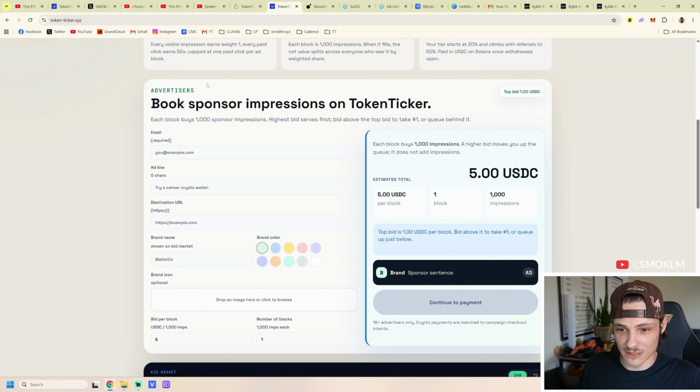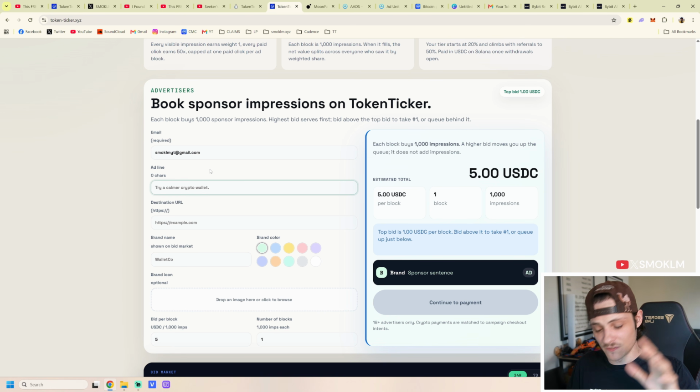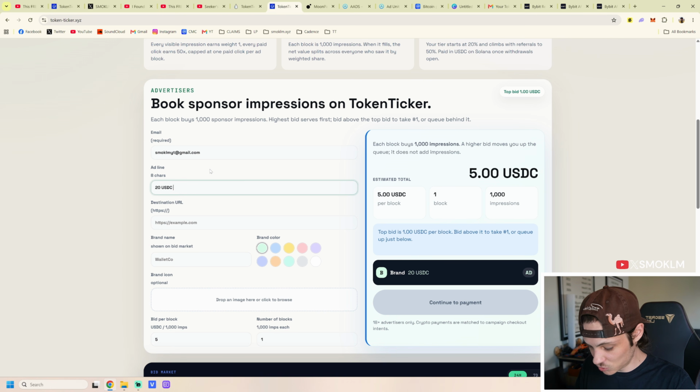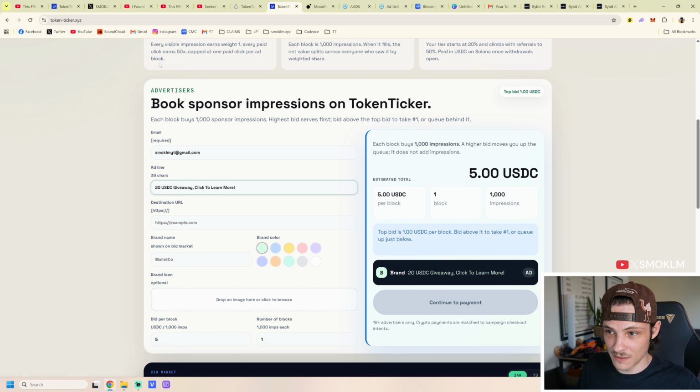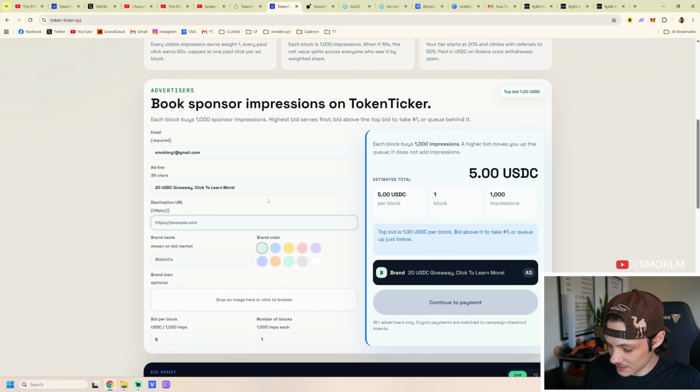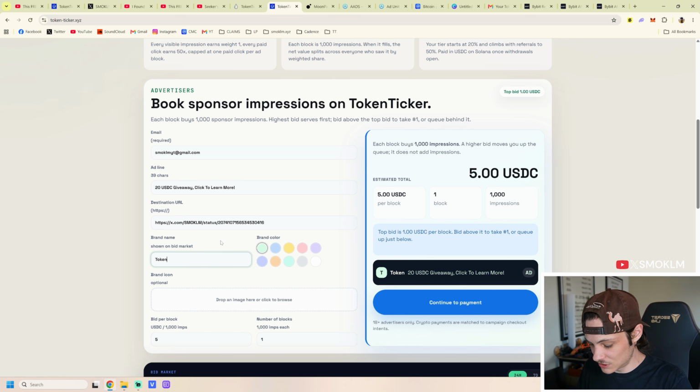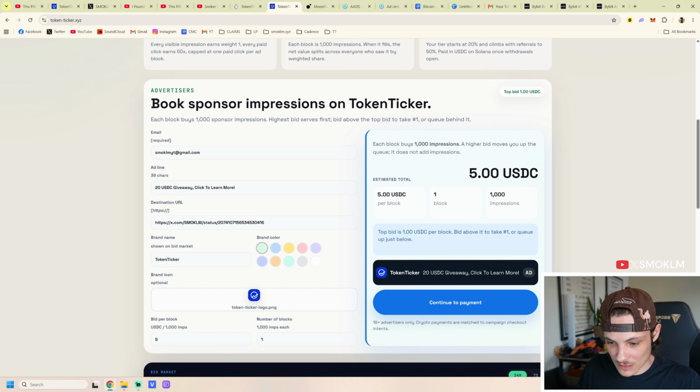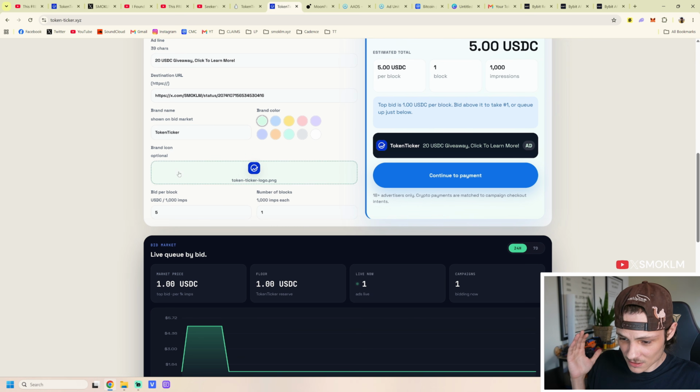I scroll down right here and I book sponsor impressions on TokenTicker. All I have to do is fill out all these fields. So I'll go with the 20 USDC giveaway that is still running, guys, by the way. Click to learn more. Bam. I'll grab the link to the tweet where the giveaway is happening. Go back here, paste in that link. It's a TokenTicker ad. I'll drop in the logo, and before doing any payment of whatever form, I gotta check down here